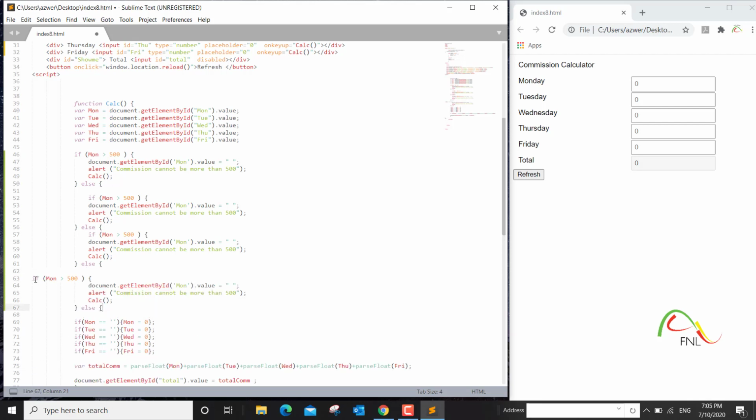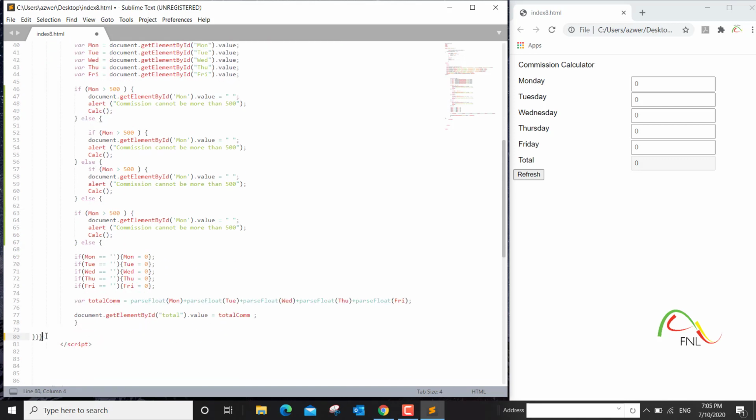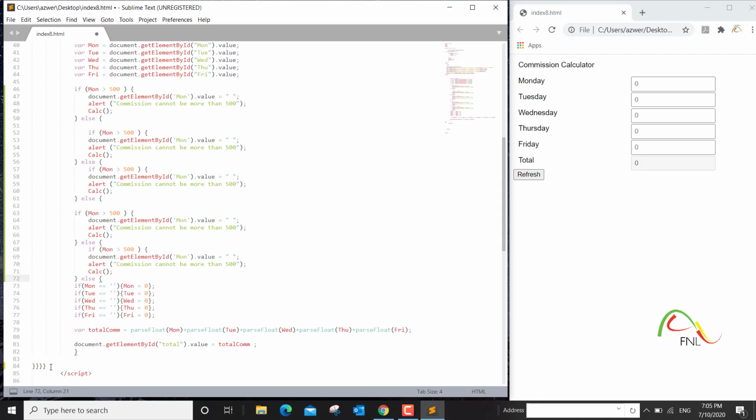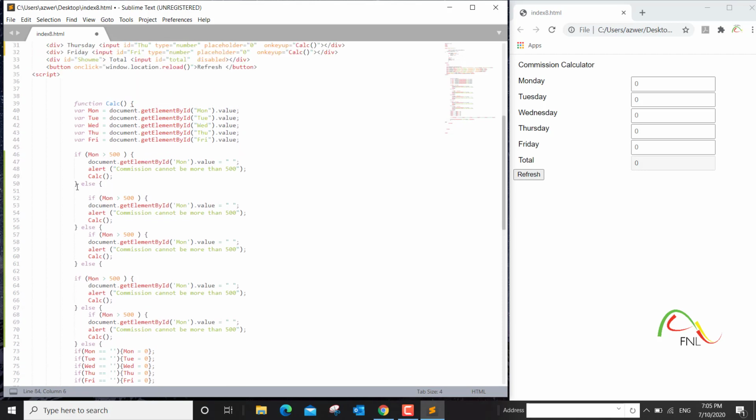One more time, and a closing curly bracket one more time, and this is for the last field, and the last closing curly bracket. All we have to do now is to change the values to reflect the different variables for the different days.